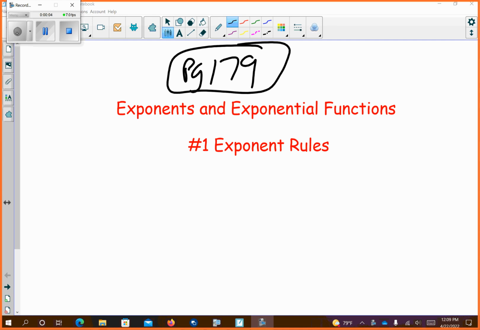Page 179, exponents and exponential functions. So again, I think that we covered the pretty good meat and potatoes of math over the past 7 weeks. But I think you're going to be like, okay, I get this. All right, so